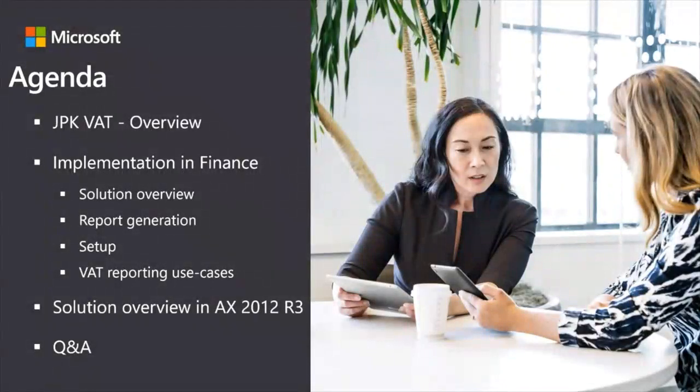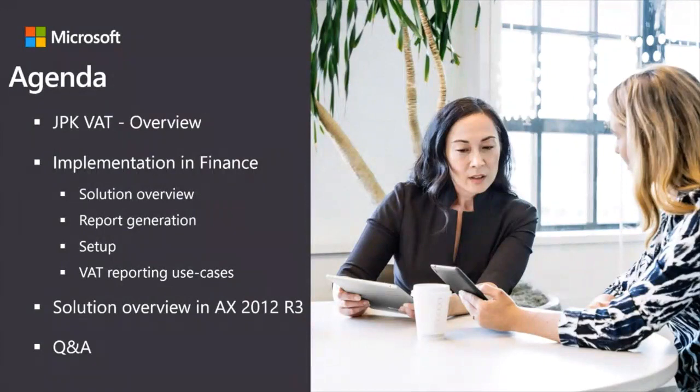Electronic reporting of VAT audit data file combined with VAT declaration for Poland. We will often use the abbreviations JPK, JPK VAT, and JPK VDEC in this presentation. For those of you who are not familiar with Polish business requirements, those abbreviations stand in general for Consolidated Control File for VAT, but basically those implementations follow the rules of